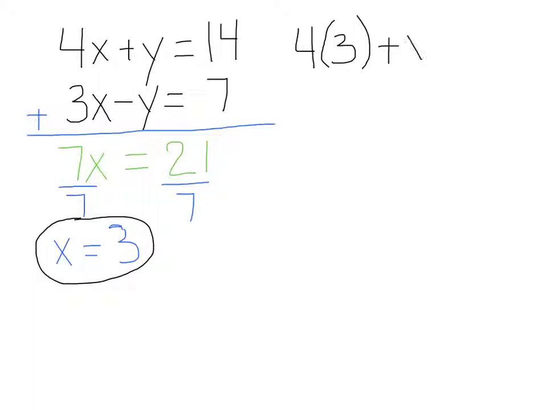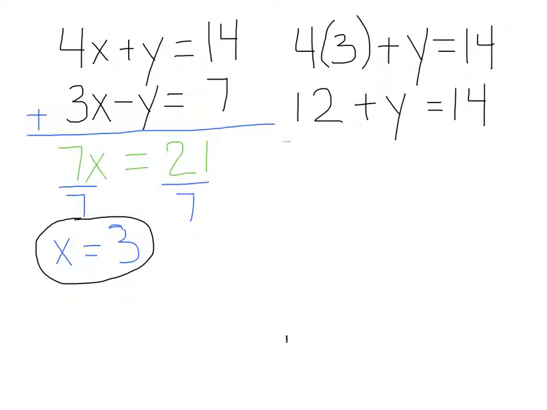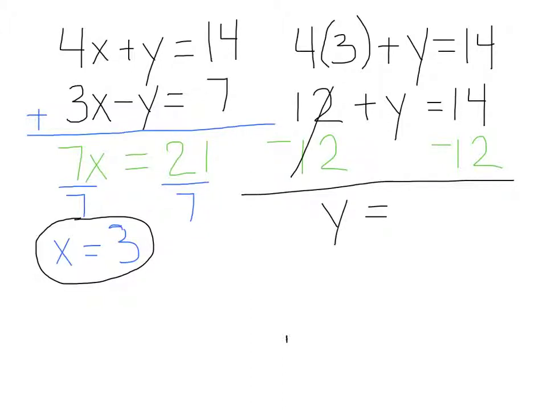Plus y equals 14, or 12 plus y equals 14. We will subtract 12 from both sides. These will cancel, and we now know that y equals 2. So these two lines will intersect at the point 3, 2